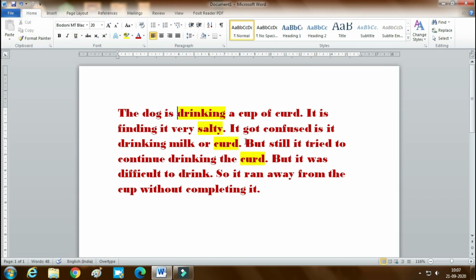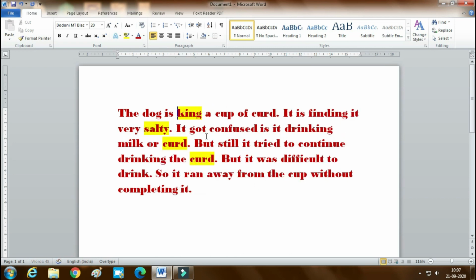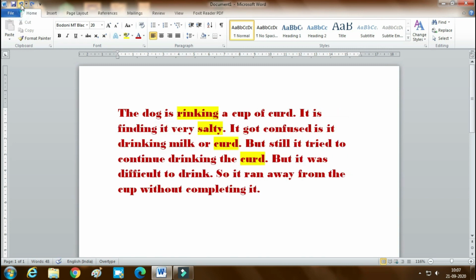So we shall understand now about the delete and the control delete. First we shall try out the delete. Every letter it will delete. When we press the delete key, it deletes every letter. Now you can see the undo button. We can get back the deleted letters.